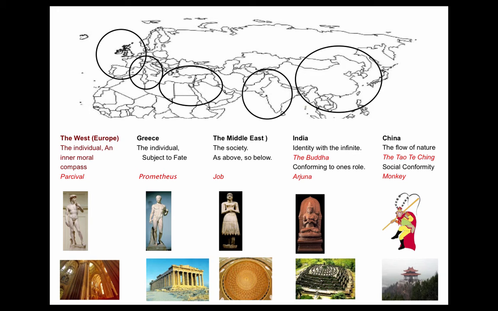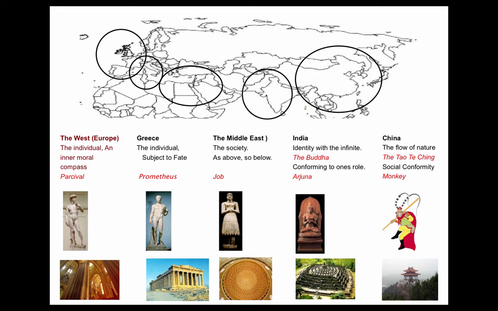I'm going to suggest that culture expresses itself in its epic poems and its temple form. So let's go to Greece, and we would say, well, the Iliad and the Odyssey, or the myth of Prometheus might be a good one, and the Greek temple. So the Greek temple is representative of the separation of society from nature, and the columns are symbolic of the emergence of the individual from society.